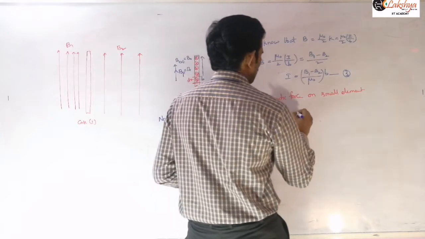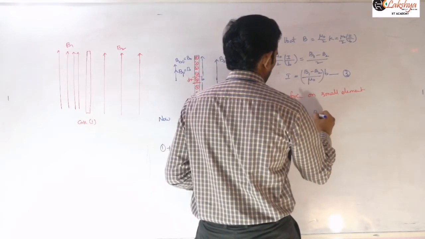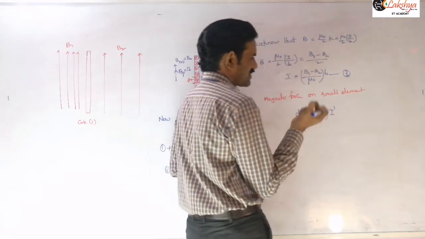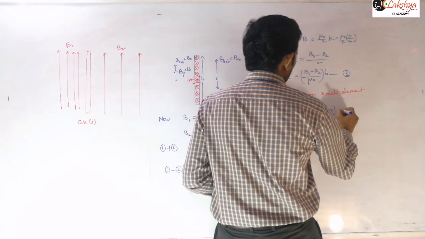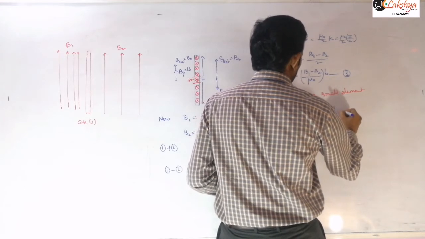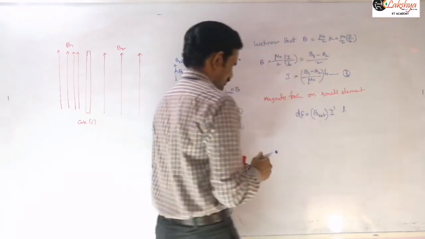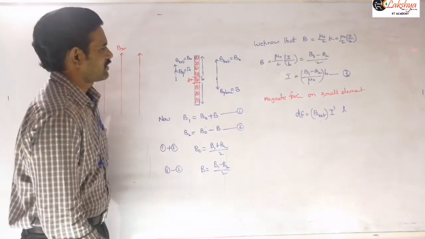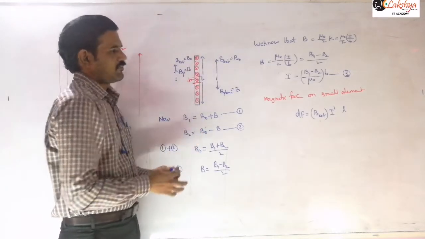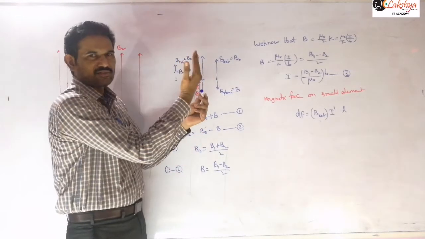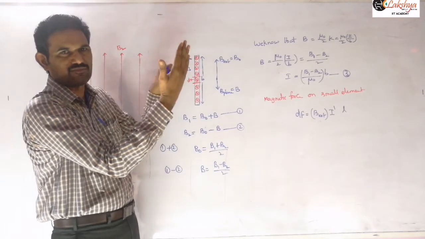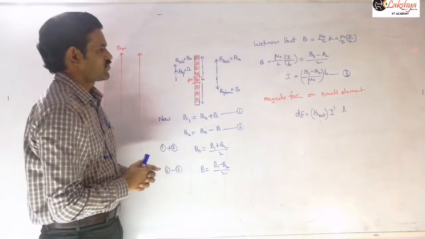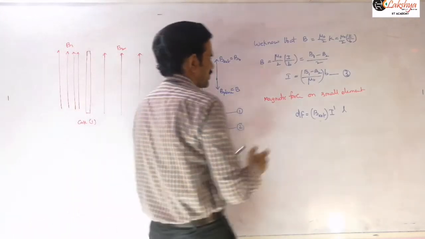So I can write this as dF equals B external magnetic field into I dash, where I dash is the current flowing in that element, into L, the BIL formula, right? L is the length, that length is along this direction, perpendicular to the plane. Because we are taking this plane perpendicular to this, like this, so we are taking a small element here, and that element will be in the form of a straight wire. Right, so that straight wire formula, the BIL formula, we are applying there, and now we can substitute these values here.